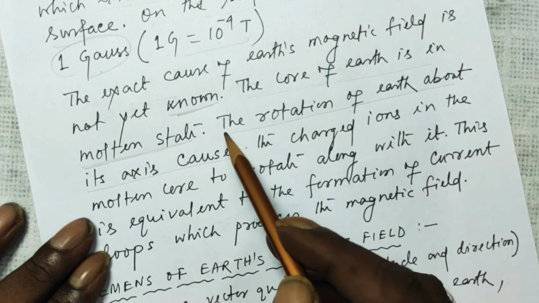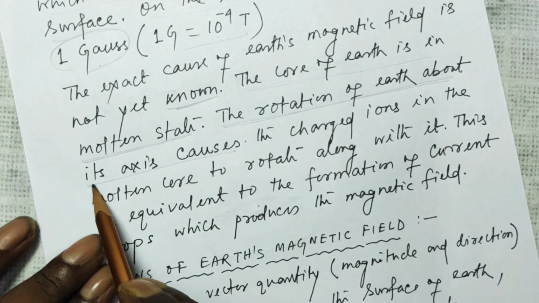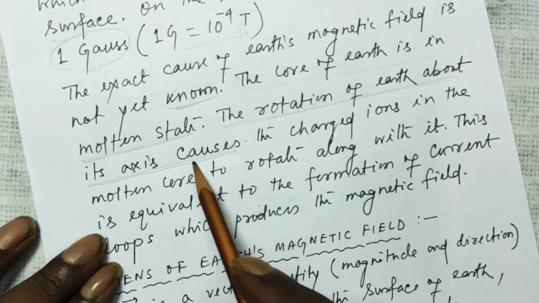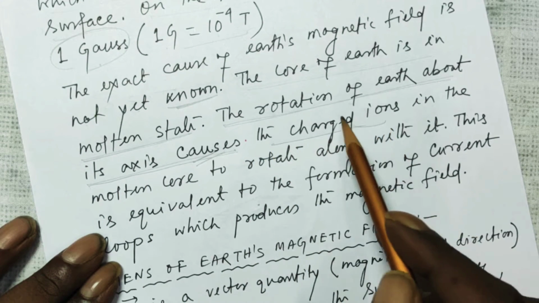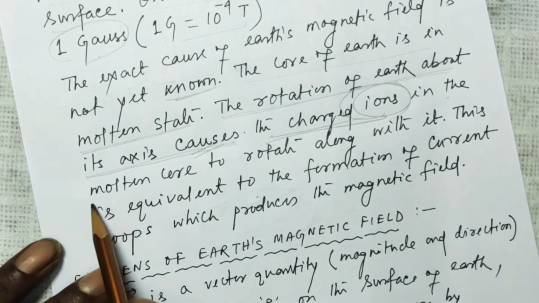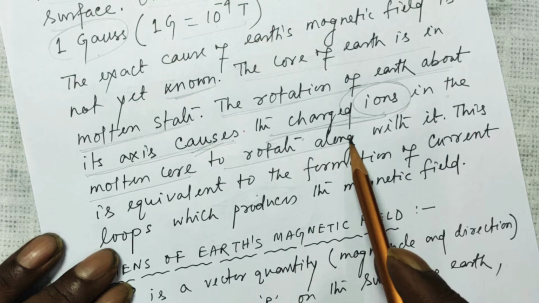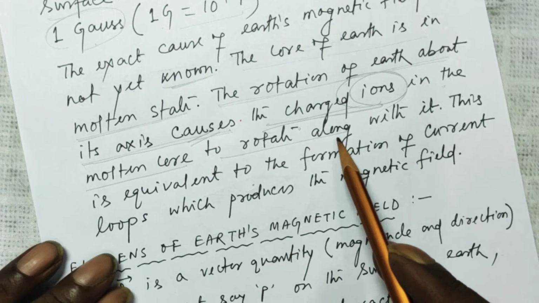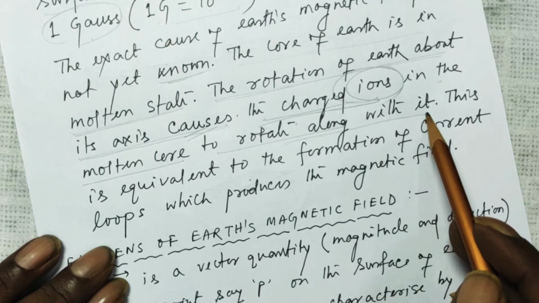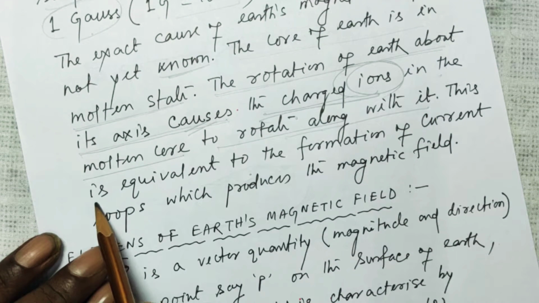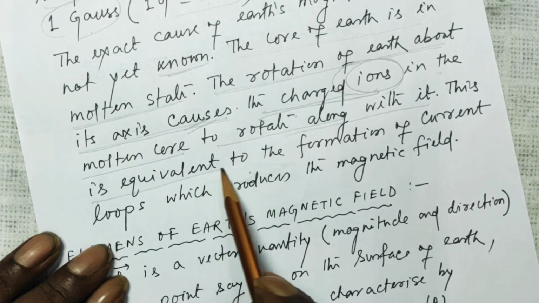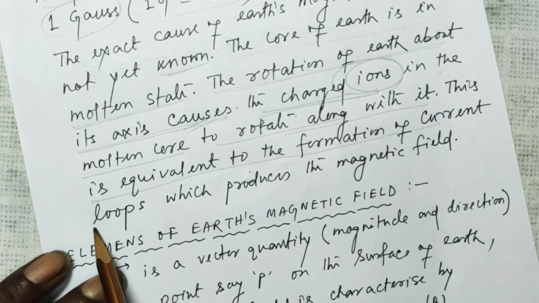Due to the rotation of the Earth about its axis, the charged ions in the molten core rotate along with it. And this, you can imagine, is equivalent to the formation of a current loop,